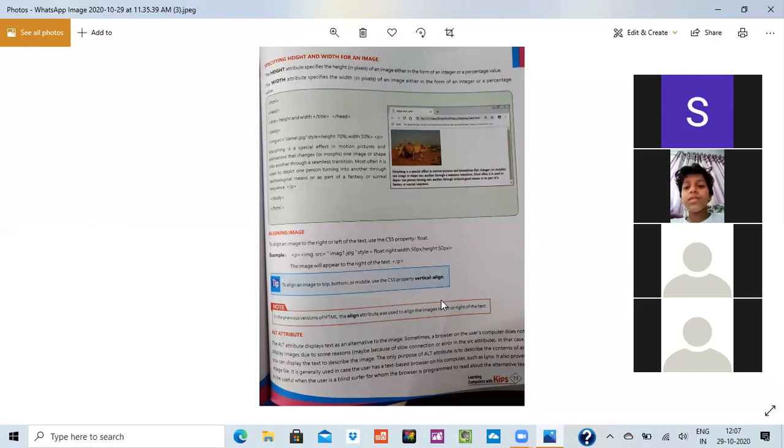Now for example, sometimes you tell me, ma'am, we are not able to see your screen, while from my side I am sharing the screen. What happens is that when your network is slow or you do not have a proper network connection, you are not able to see that screen, while everybody else is able to see it.